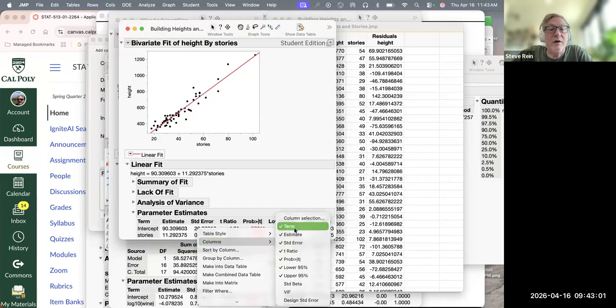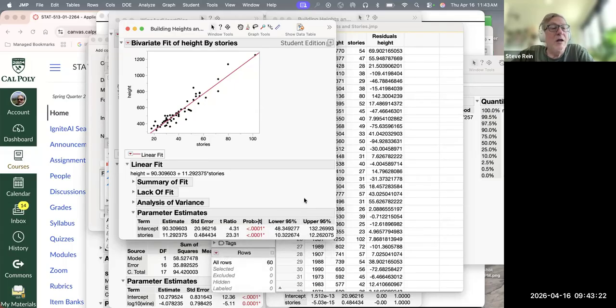Usually you get what thing is it? Well, it's the number of floors. Your estimate of the slope, that's the number. The standard error, the t ratio, all for free. The p value, again, for free. Lower and upper confidence interval. Yeah, we indeed might very well want to display those as well. So you could just turn those on if you don't want to do the plus or minus two standard errors in your brain.